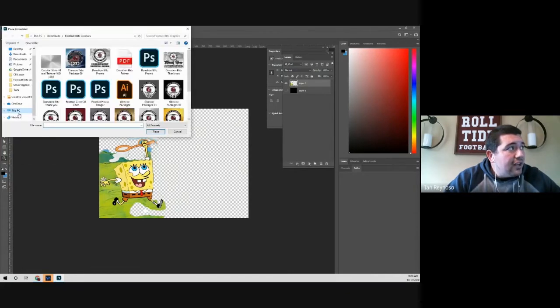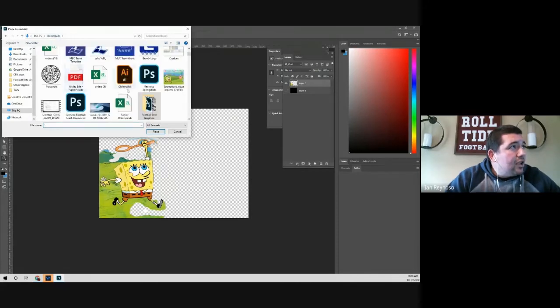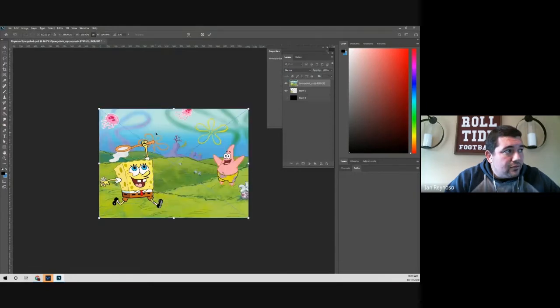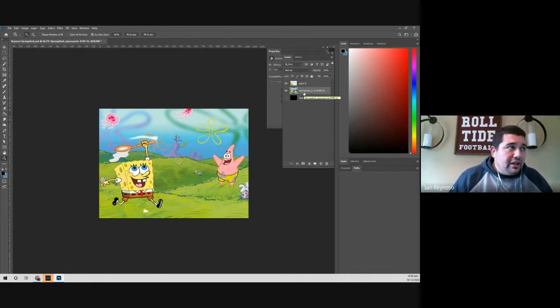And when I click on that, it's going to get me to all of my files that I have. I'm going to find my original SpongeBob, and then I'm going to go Place. And then you see what happens is I have two layers now. I have my layer 0, and then I have my other SpongeBob layer right here. I'm going to take my new SpongeBob layer, drag it underneath,